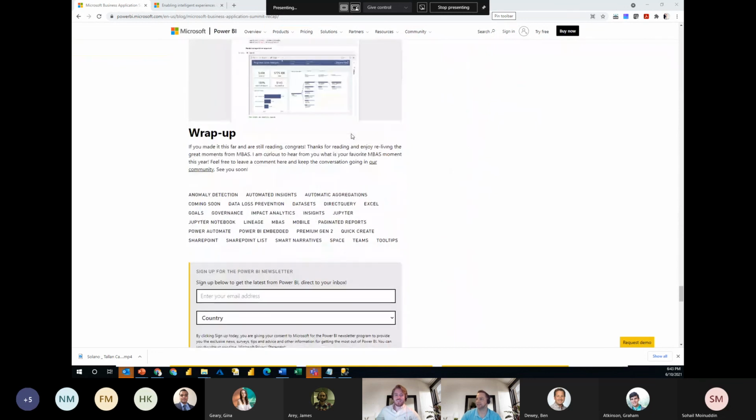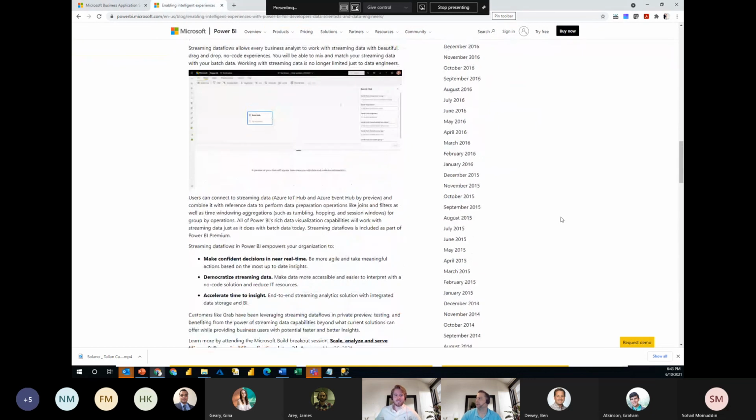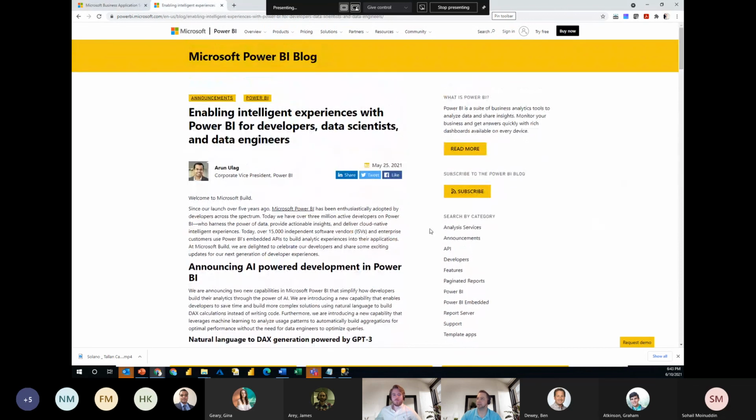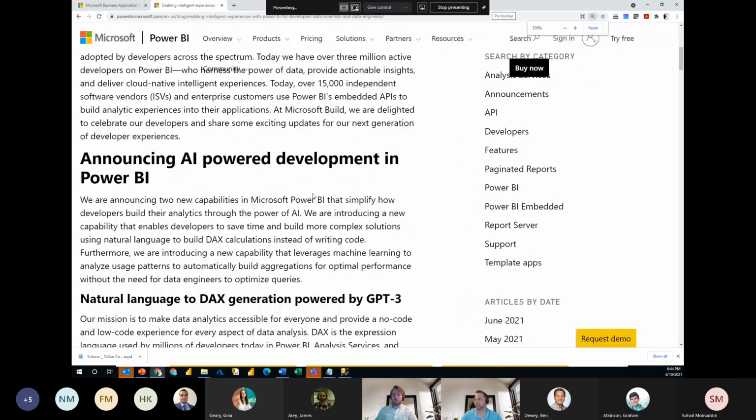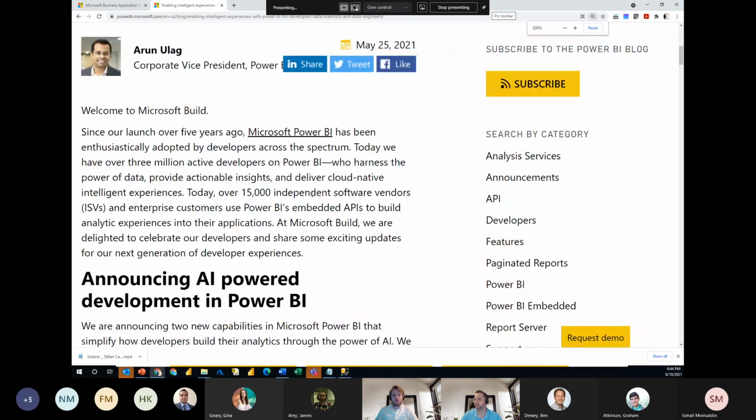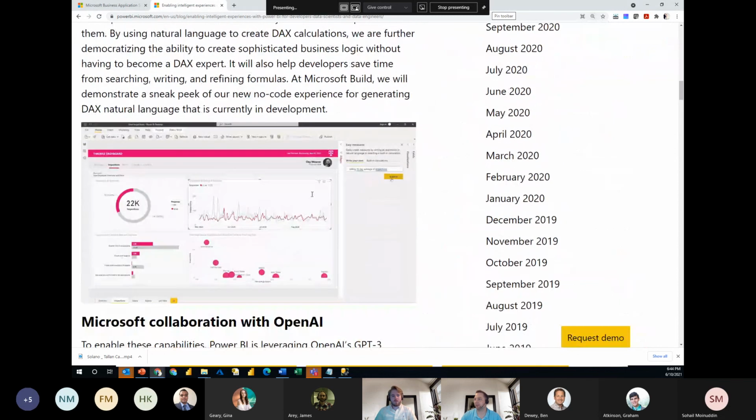And then the other one I wanted to share is this link to the announcements from Microsoft Build, which was also very recent. There are some pretty cool things in here that I encourage you to look through. This one is particularly interesting, and I don't know how sophisticated it is and how helpful it'll be, but